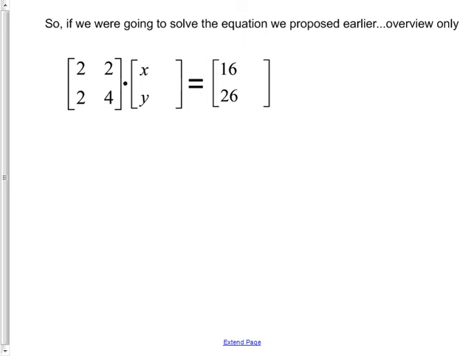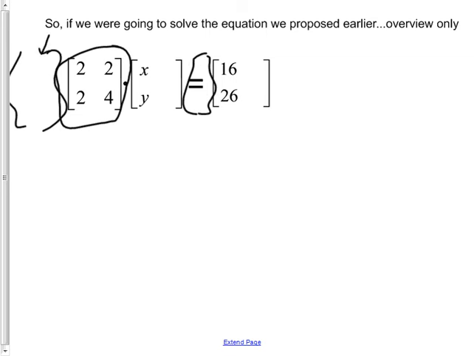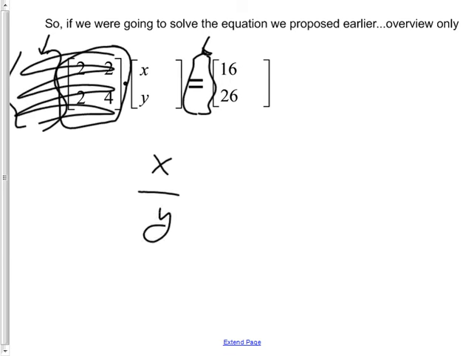Okay. Then just one last thought. This is what we're doing tomorrow. How would I get this off of here? I would multiply by its what? Inverse. And once I found that inverse, I'd multiply it on both sides, but I got to be careful. I got to do it right there because it's got to be the left side of both of them. Then this would cancel, and this becomes x over y in a matrix,